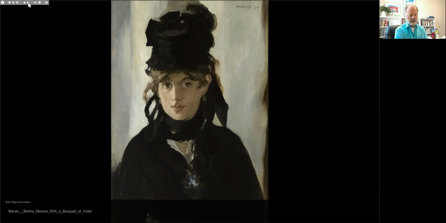Beginning in the year 1862, Morisot exhibited at the Salon a few works, and most years she was successful in gaining admission. And then she began exhibiting with the Impressionists in '74, the first exhibition. And if you take a look at the handout again, you'll notice that she exhibited with them every single time that there was an Impressionist exhibition, except for 1879. That is 7 of the 8 Impressionist exhibitions.